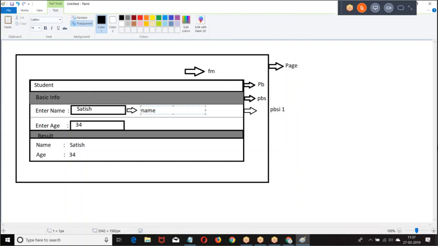So we have a page. In the page we have a form. In the form we have a page block, and in the page block section item, we have a name and an age.